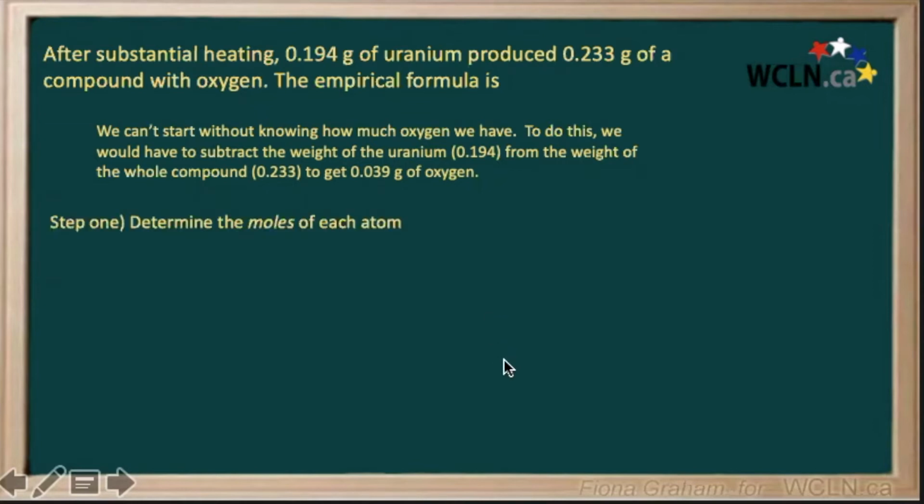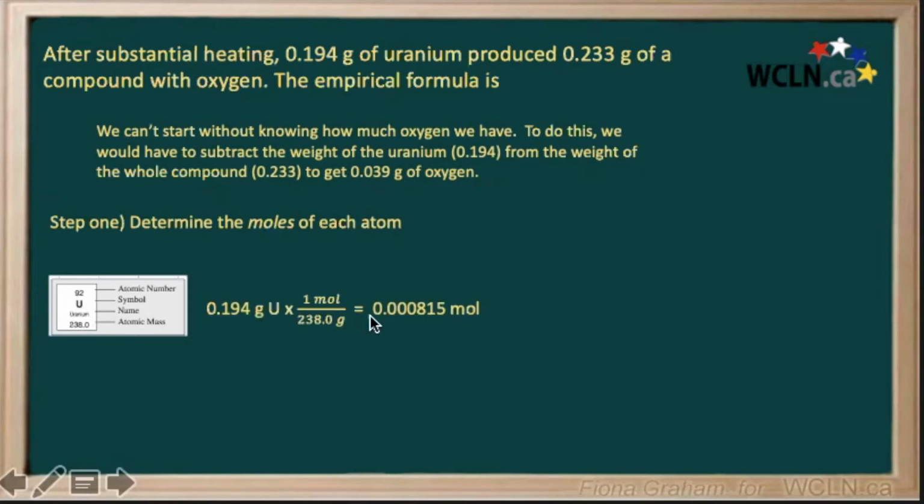Okay, so we're going to use this to determine the number of moles of each atom. To do that, you have to look at the periodic table and look at the atomic mass of your element, and then use this conversion fraction here, which says 1 mole of uranium is 238 grams. So in essence, we're going to divide the number of grams of uranium that we have, 0.194, by 238, and that gives us